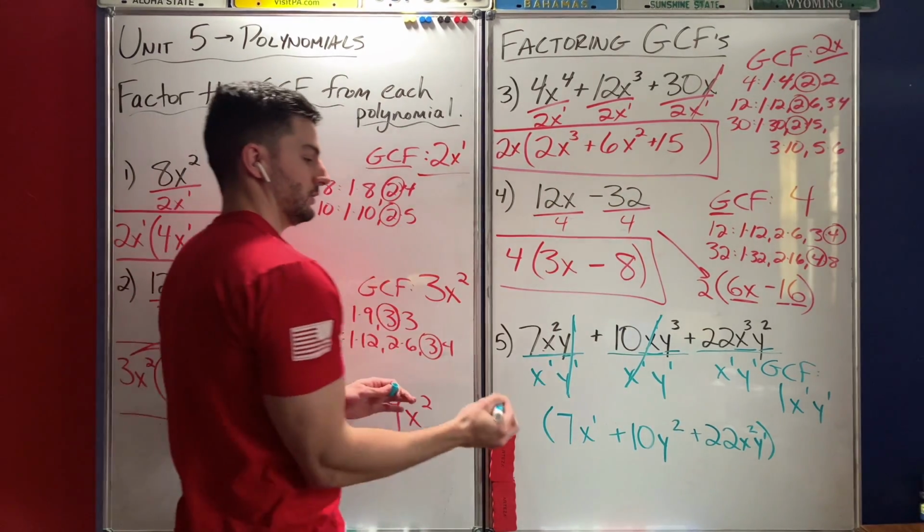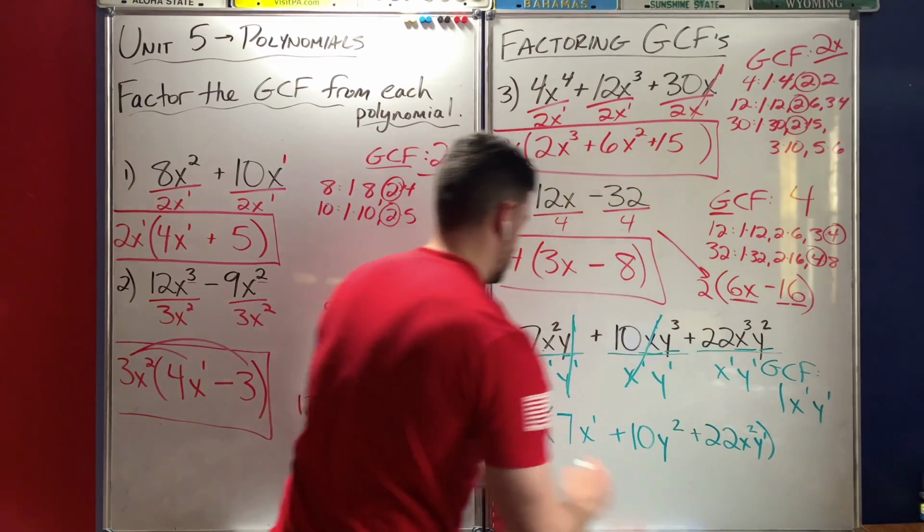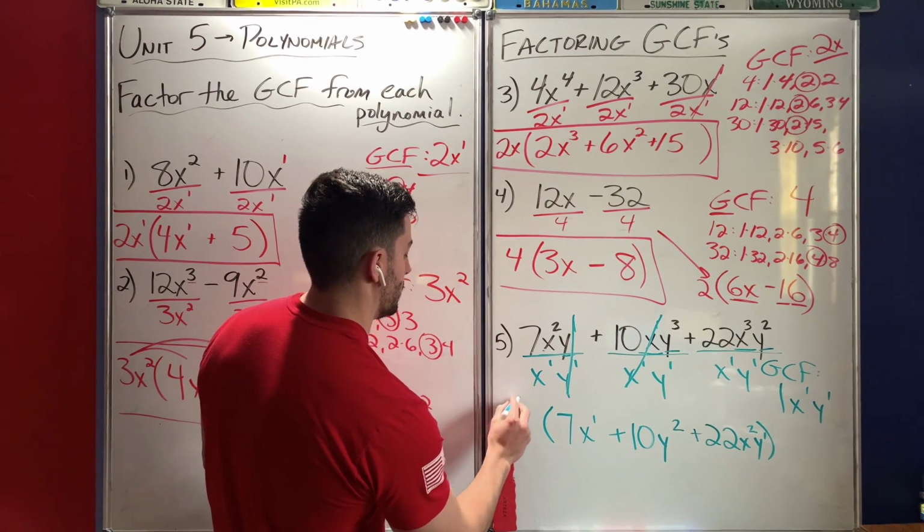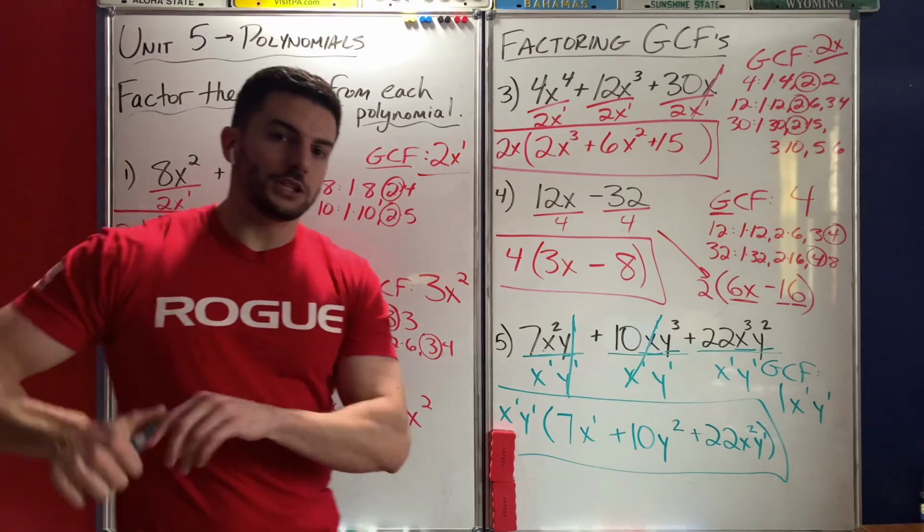So that's step 2, divide. Step 3, that GCF is written on the outside, x to the first, y to the first. So there's a whole bunch of examples for you